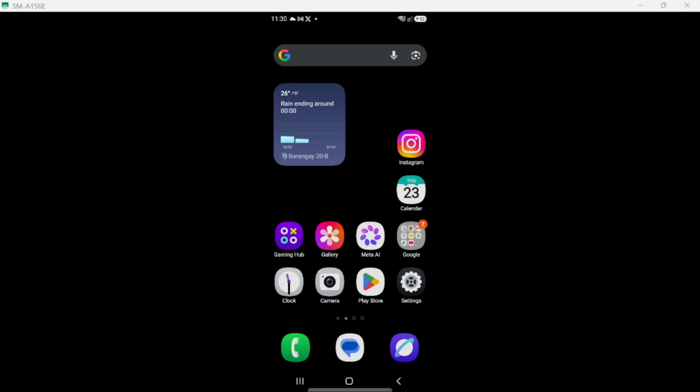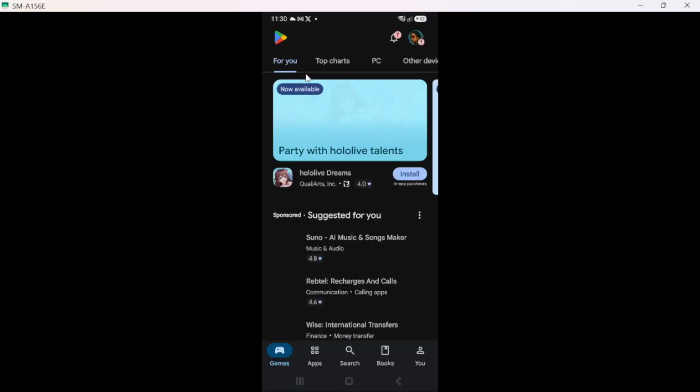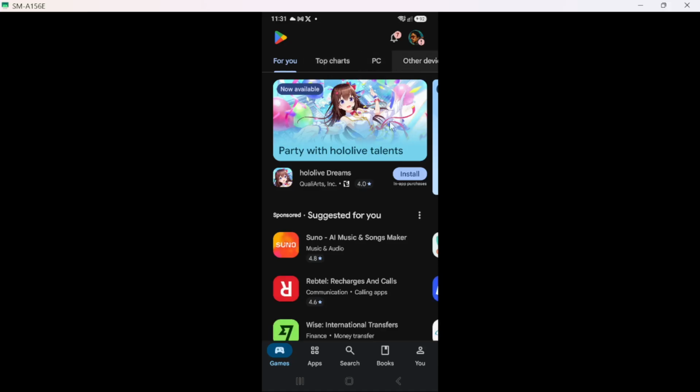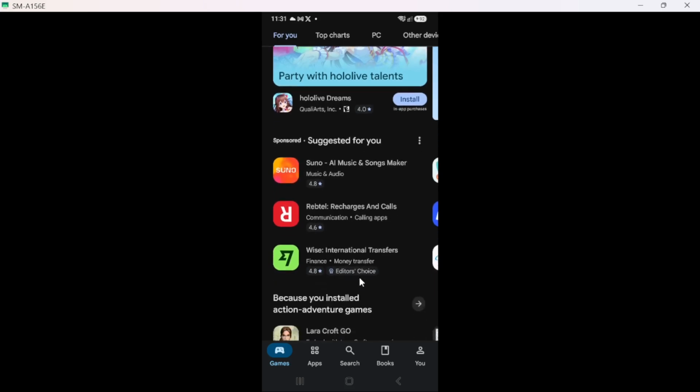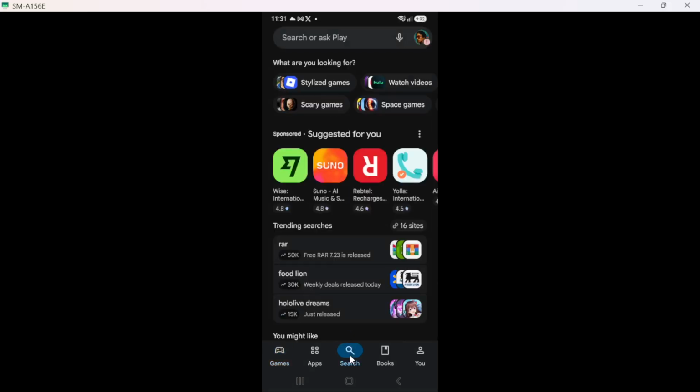On your screen, you will see a variety of options and categories. This is where you can find all the applications available for download. It's important to ensure that you are in the correct store for your device. This step sets the foundation for the installation process, ensuring you have access to the right applications. Once you're in the App Store, you're ready for the next step.